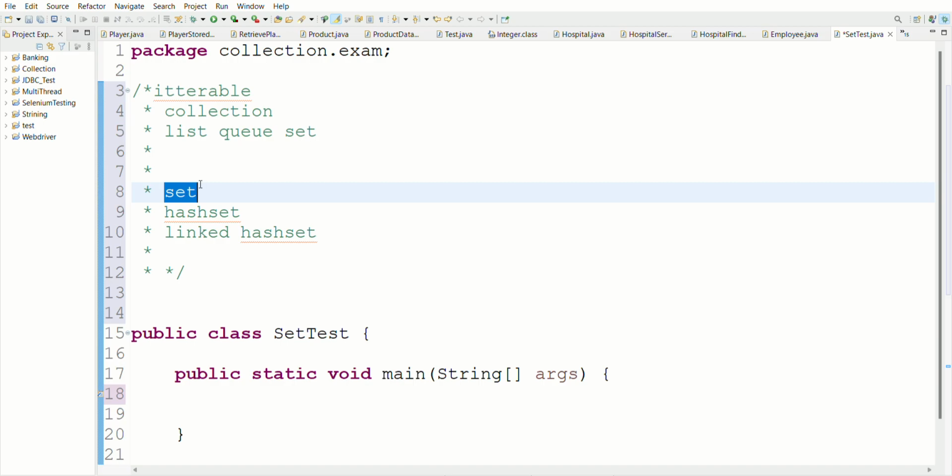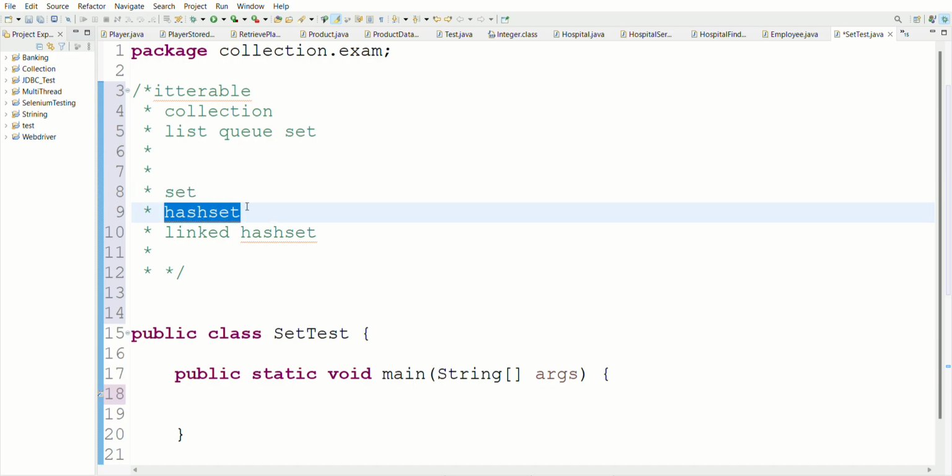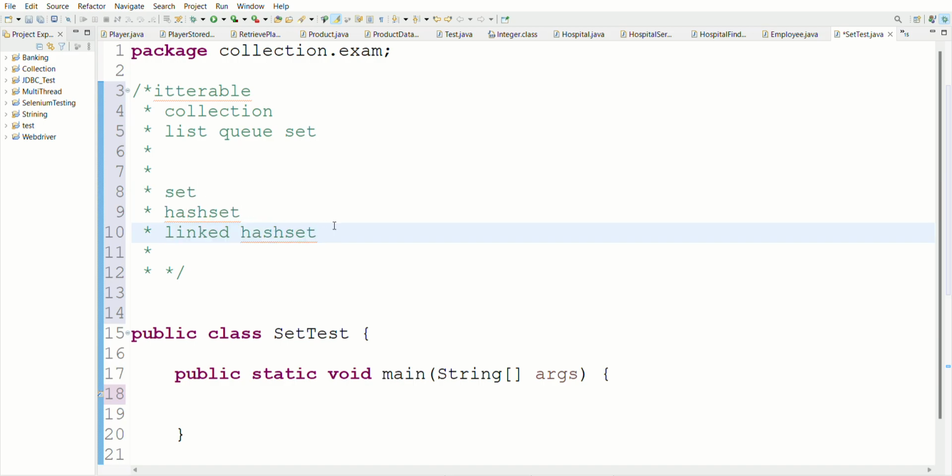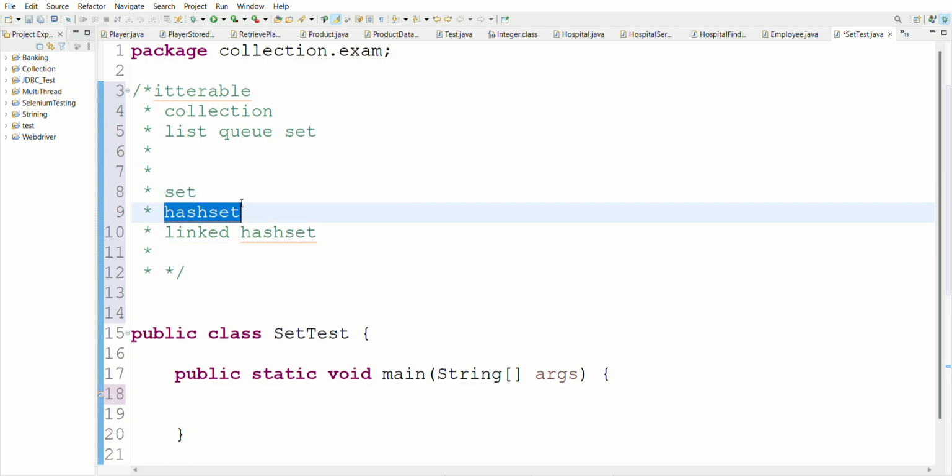This is the parent, this is the child class, and this is also a child class. And the Set interface has two children. The first child class is HashSet, and the other will be the interface